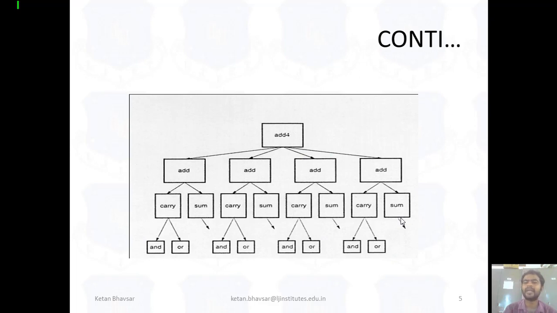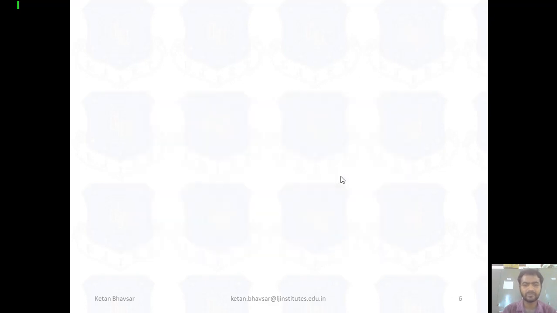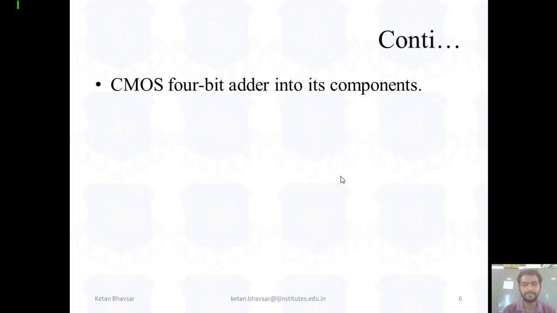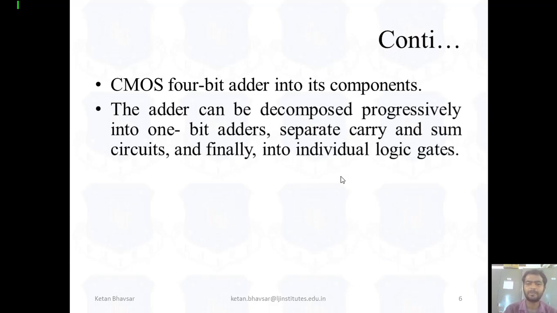As you can see, we are taking one example of a 4-bit adder. For reducing the complexity of the 4-bit adder, we divide the adder into smaller parts. So it becomes 1-bit adder, 1-bit adder, 1-bit adder and 1-bit adder. The complexity on the programming side as well as the hardware side can be reduced with the help of dividing the 4-bit adder. As I already explained, for reducing the complexity we divide it into 1-bit adders, and also you can see we take a separate carry and sum circuit.